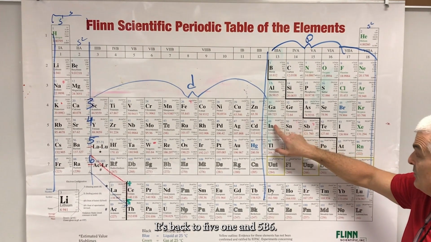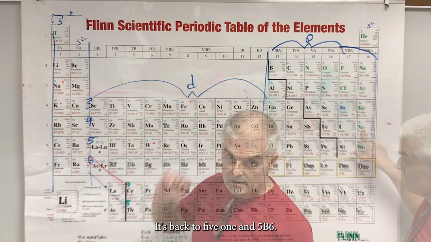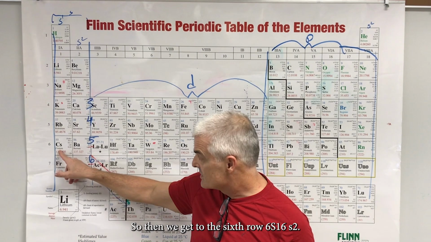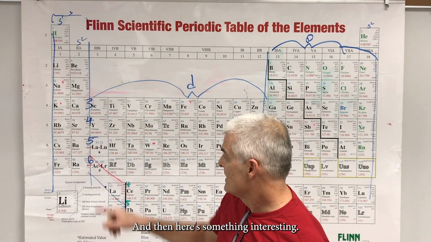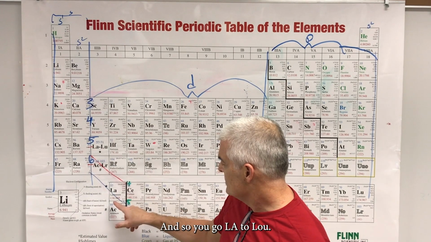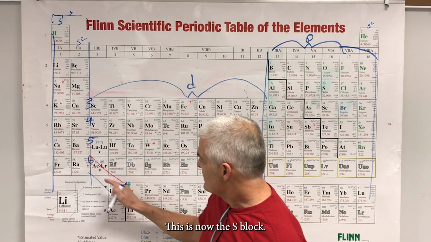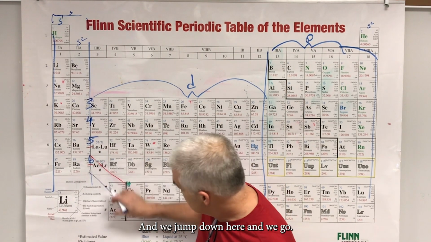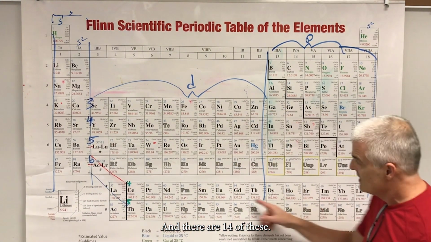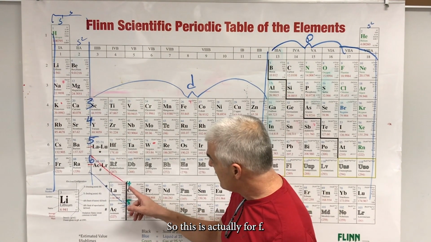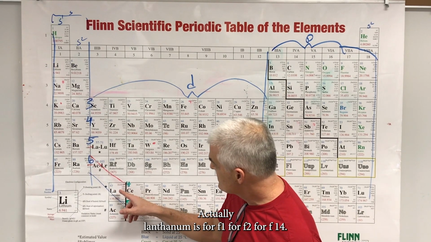Now it's back to 5p1 and 5p6. Then we get to the 6th row, 6s1, 6s2. And then here's something interesting. It says LA to LU, and so you go LA to LU. This is now the F block, and we jump down here, and there are 14 of these, so this is actually 4f. Actually, lanthanum is